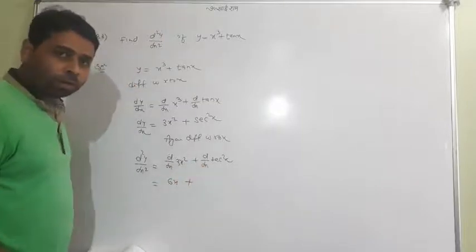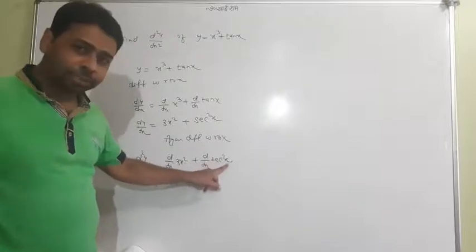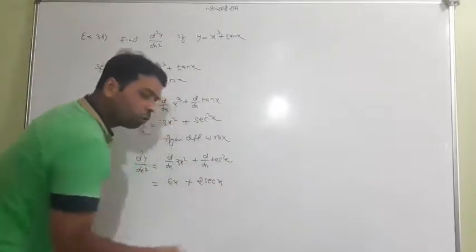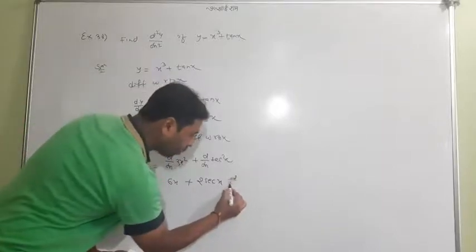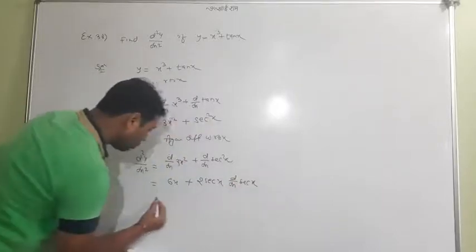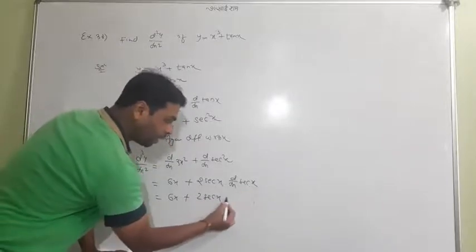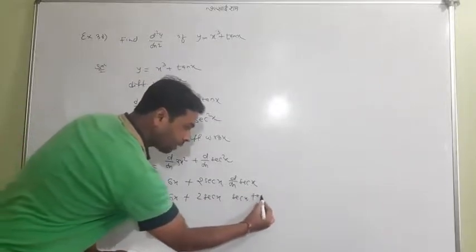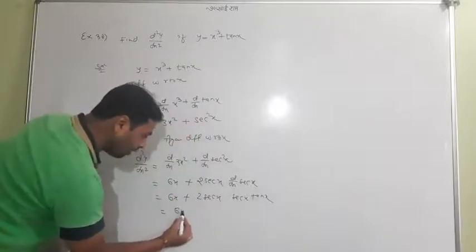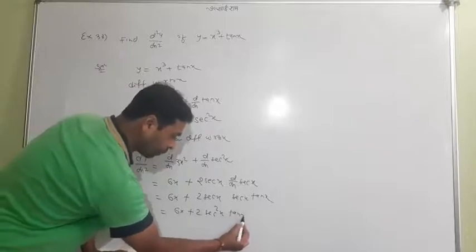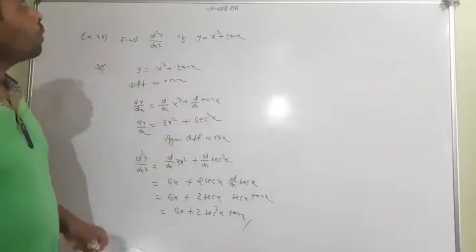It is a chain rule. First will be the power and then sec x. So power will come to the front. 1 will be deducted from the power. And again differentiation of sec x will be there. So last answer will be sec x to sec x, and differential of sec is sec x into 10x. So last answer will be 6x into sec square x and 10x. This is the answer. So hope you have got the method.